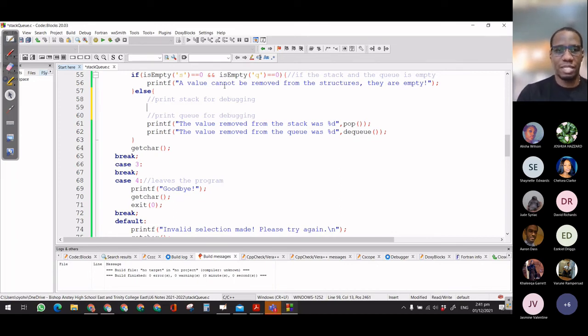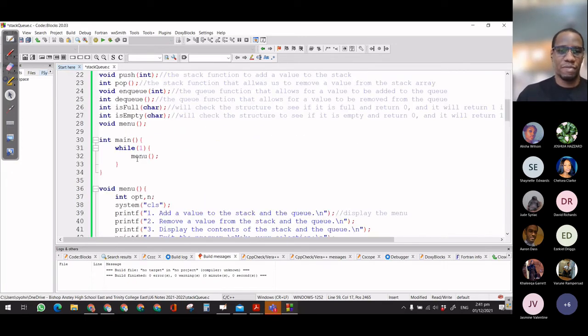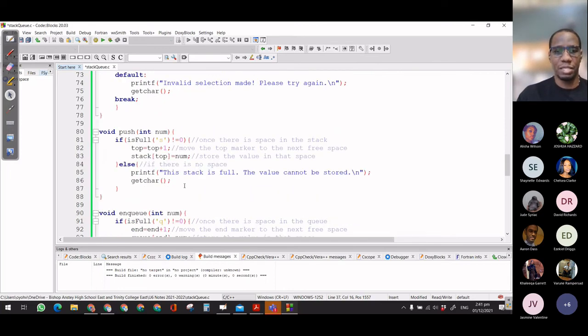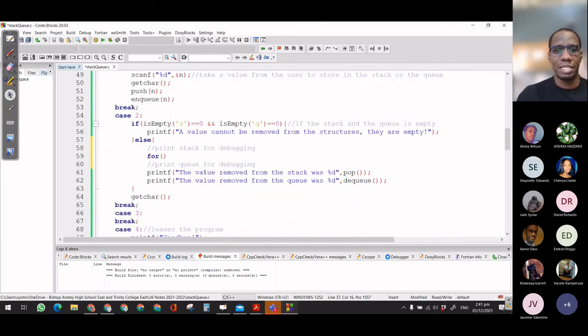And for us to print this, let's give it int I. This I here is for debugging, right? For I is equal to 0, semicolon, I is less than top, semicolon, I plus plus,